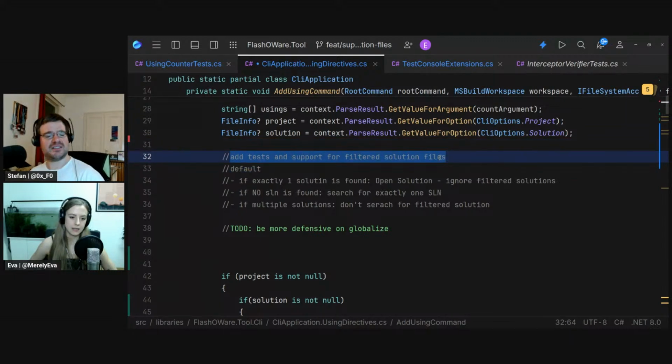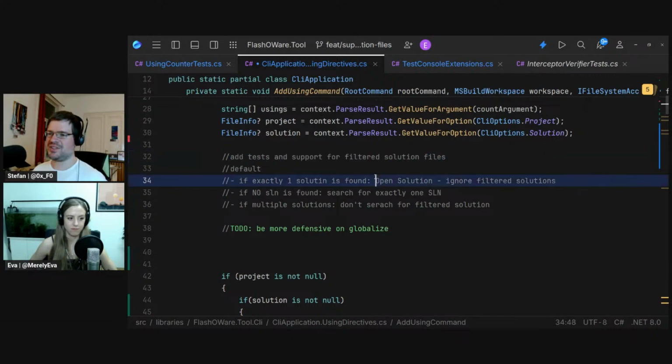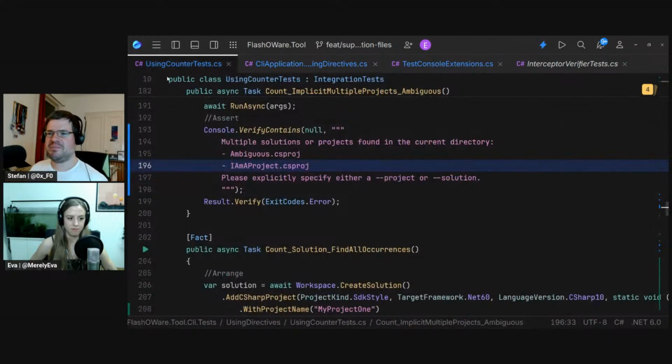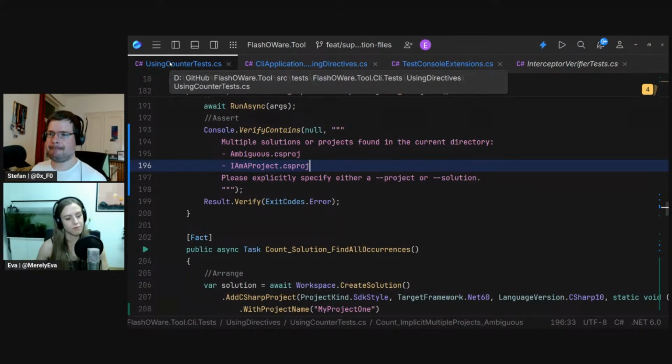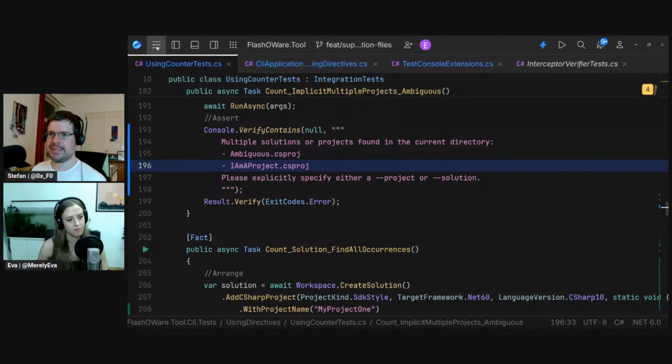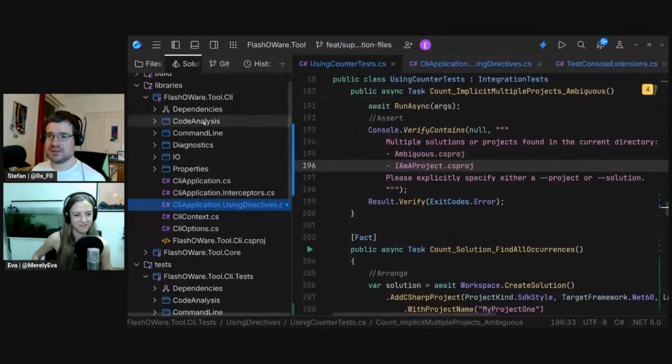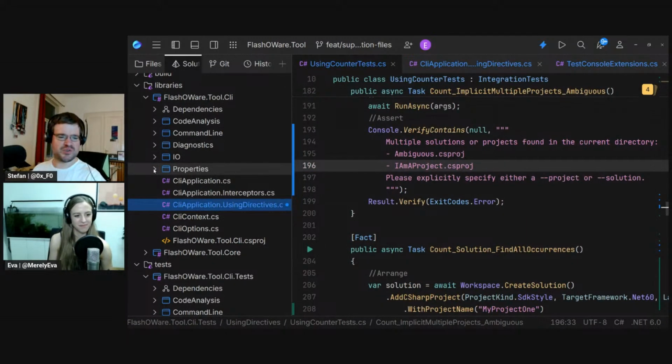Dealing with filtered solutions is... Do you want to go into filtered solutions? I'm not even sure if our infrastructure actually supports it with MSBuild. Let's try it manually. Let's see if it works theoretically, and if it does, we could just then later on off stream maybe add it,